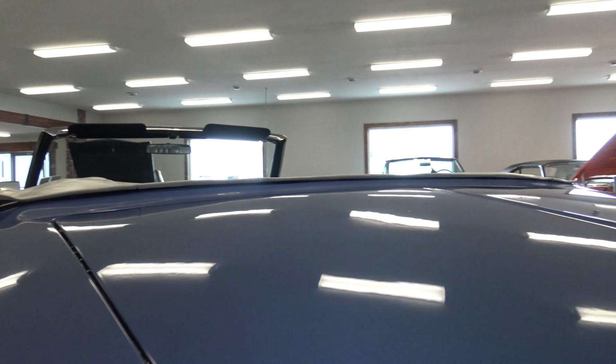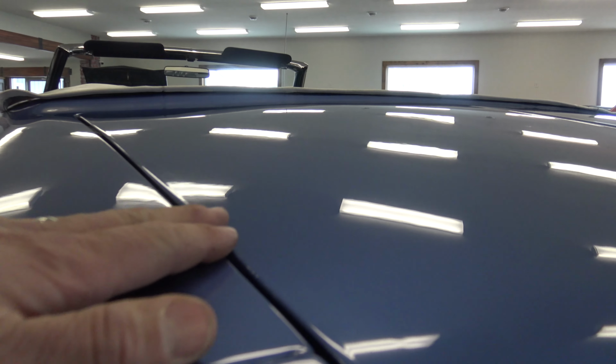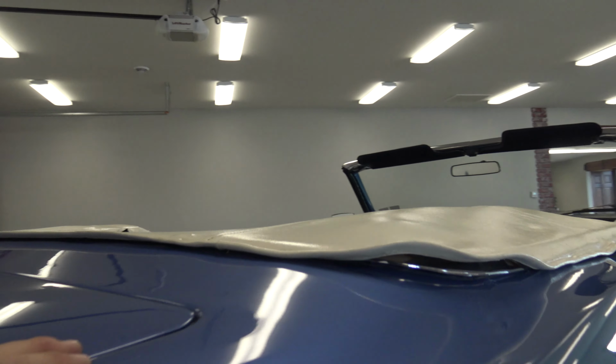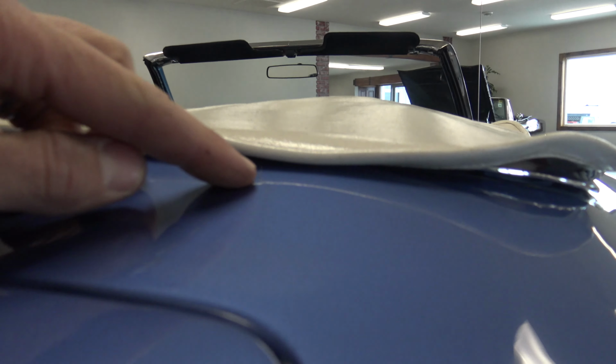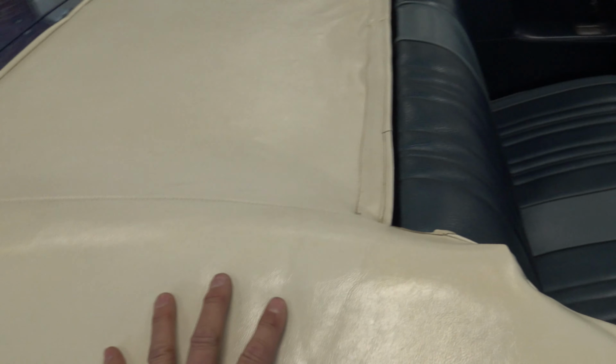It is, and in the shadow, it's got that lavender hue to it, doesn't it? It's different. It's gorgeous. Trunk lid fits good. Timmy did a great job buffing this thing out as we go around the edges. The only imperfection I've seen so far is just a hairline little crack right here along the seam line. As far as the top boot,